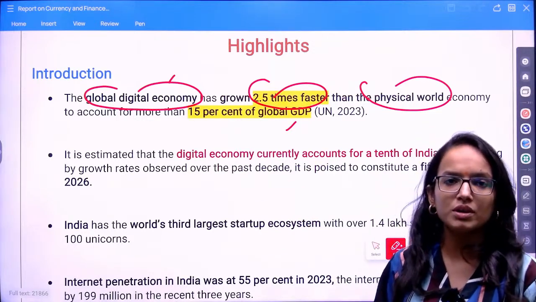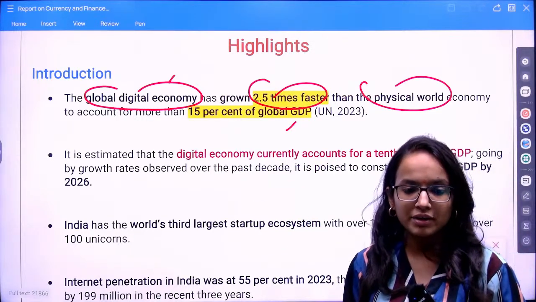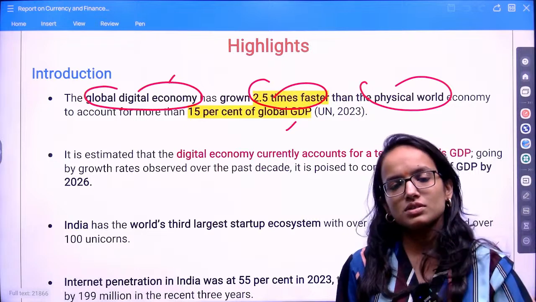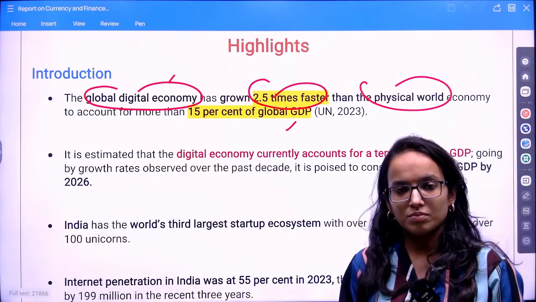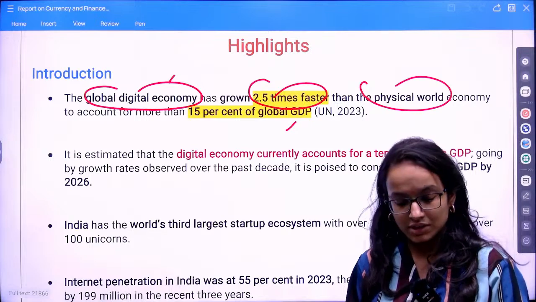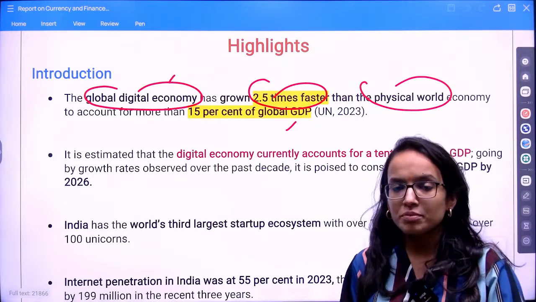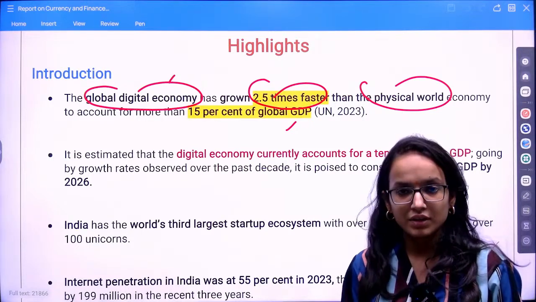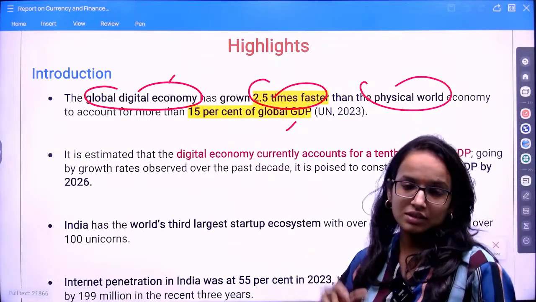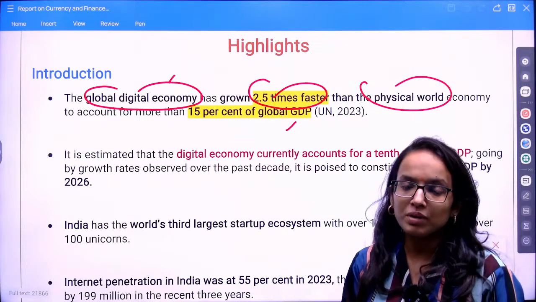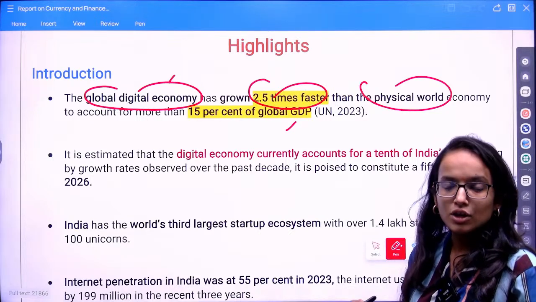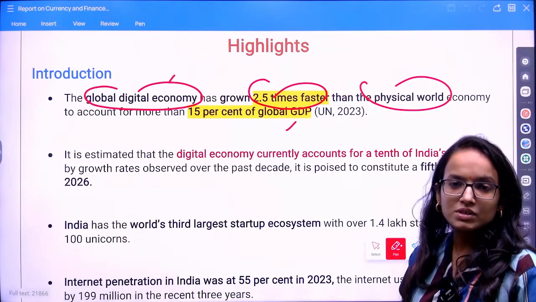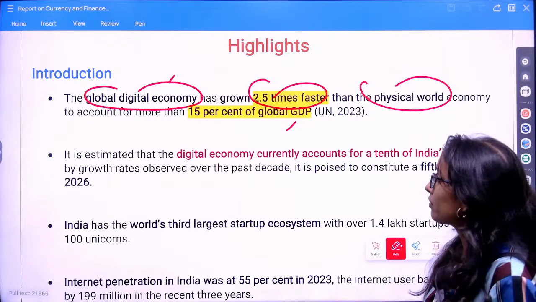Digital economy, you all must be knowing what it is, right? All these services or everything online, which contributes to your digital transactions, online transactions, e-commerce, whatever contributes to your digital economy, has contributed to this rise in the digital economy at the global level, right? So, whatever digital online services, they are contributing to the GDP of the countries.